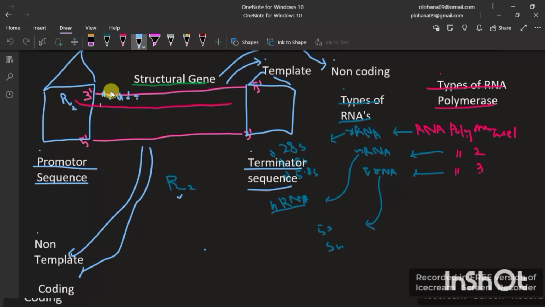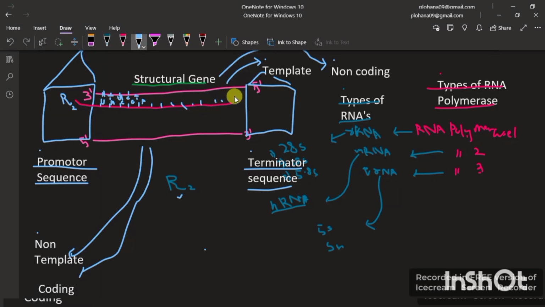Instead of thymine in the RNA, we would be replacing thymine with uracil. So if A is there, there would be T, but we know that T would be replaced with what? T would be replaced with U. So here is T, here A would come. G is there, C will come. If C is there, then G will come. T is there, so adenine will come. So it will make further nucleotides. There, all nucleotides will be made.